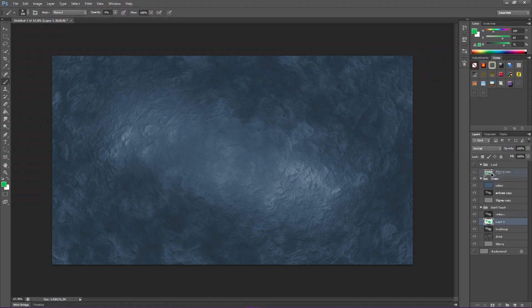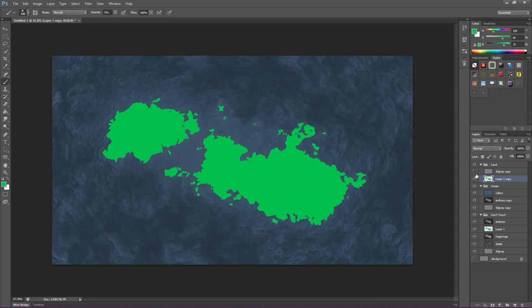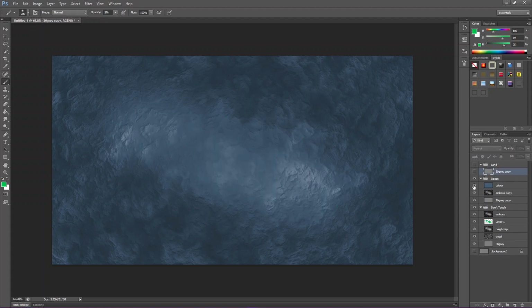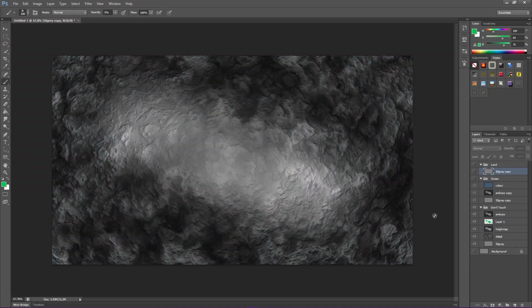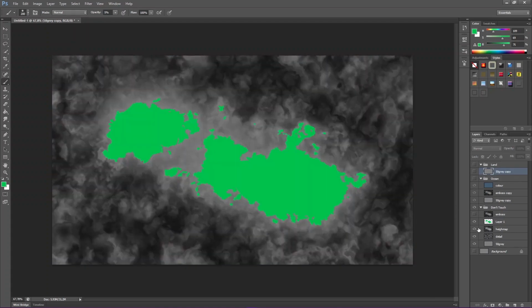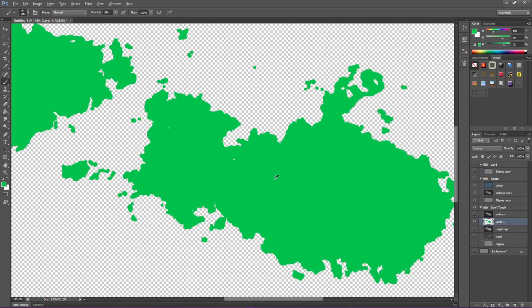Like if I take my land now and pop it on top of that, make it actually visible, you'll notice that the land pops a little bit more. The contrast does help. Sometimes if your land and ocean are too close to one another, it's going to be difficult to tell what's land and what's ocean. But because this is a more stylized video, I guess it's not really going to be that much of a problem. One thing that I don't like is how blobby this is. So we're going to delete this layer for now. We'll come back to our land in a bit. Let's make our ocean invisible. Let's concentrate on our land. This is incredibly blobby.